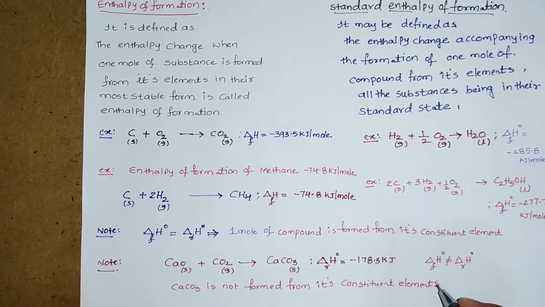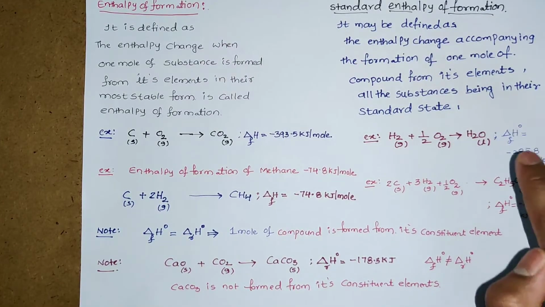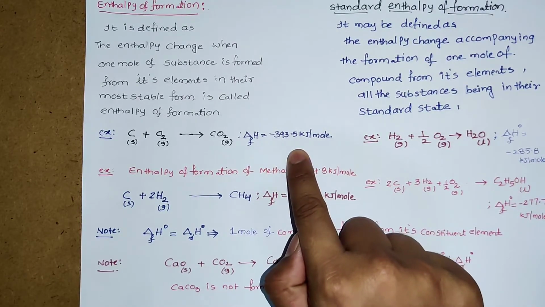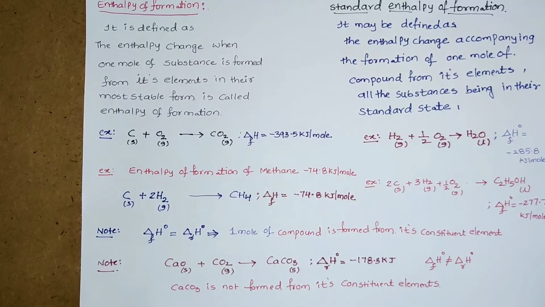So this is about the enthalpy of formation and standard enthalpy of formation. In both cases, once again, 1 mole of a substance is formed, and this 1 mole of a substance is formed from its elements in their most stable form. But in the standard enthalpy of formation, one condition has to be mentioned very clearly, that is 1 bar pressure. If that process occurs, then whatever the amount of heat energy exchanged is called the standard enthalpy of formation. If the pressure is other than 1 bar, then that is called enthalpy of formation.